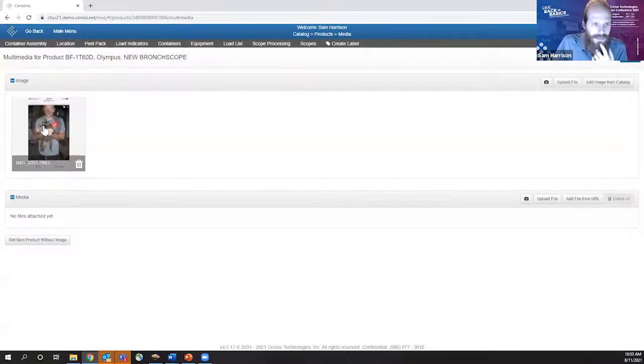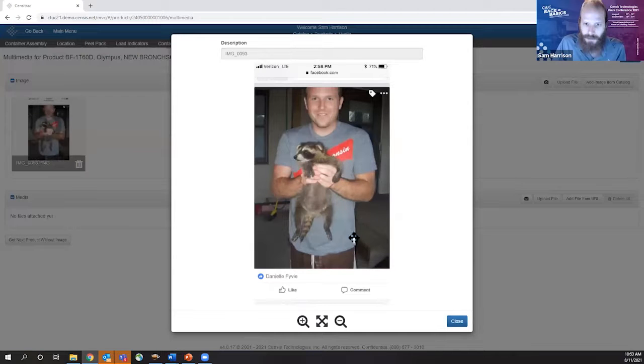Oh, this happens to be, we had a raccoon hanging around my house, and that's my brother holding the raccoon. We called him Critter. Anyway,